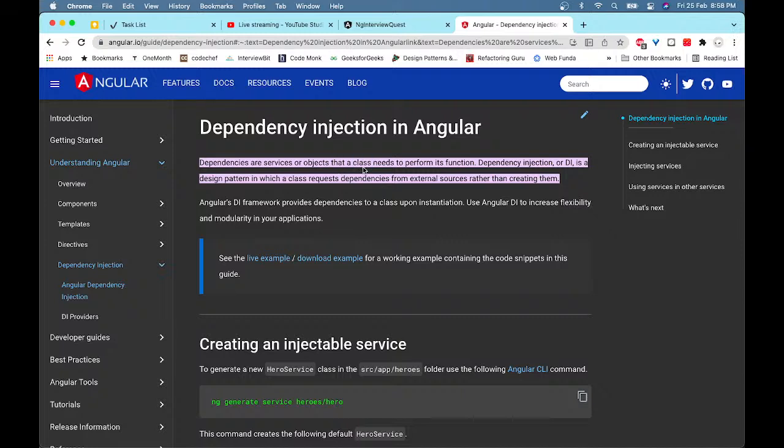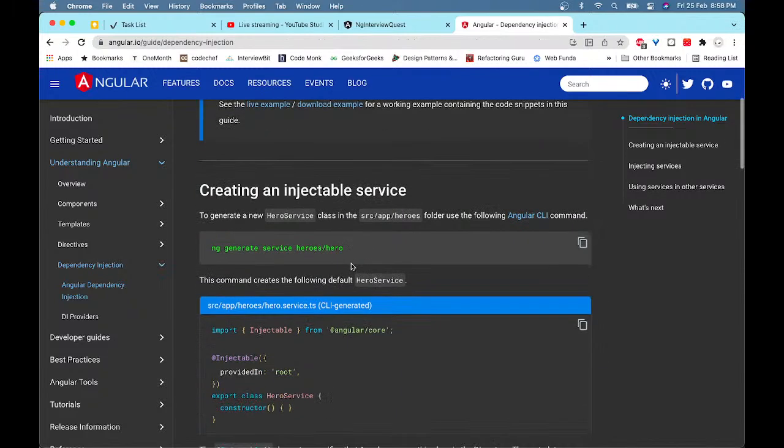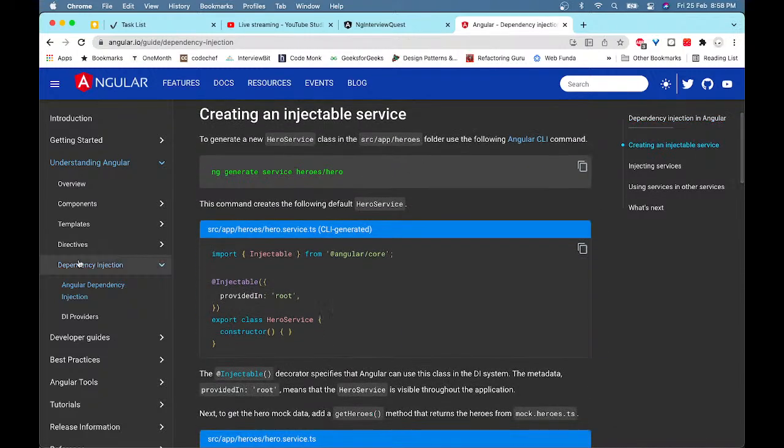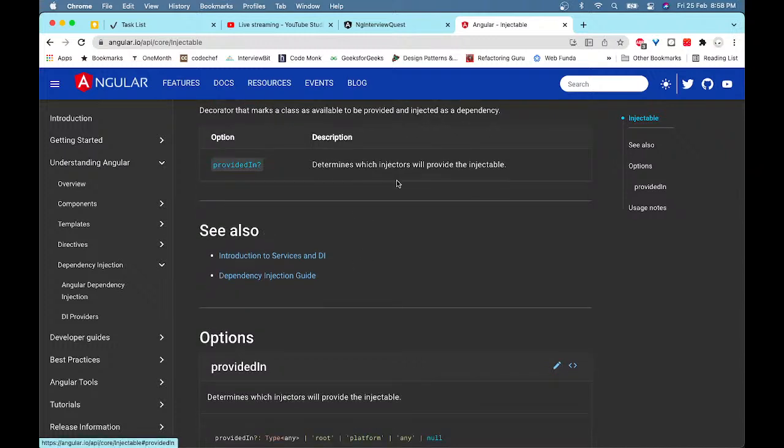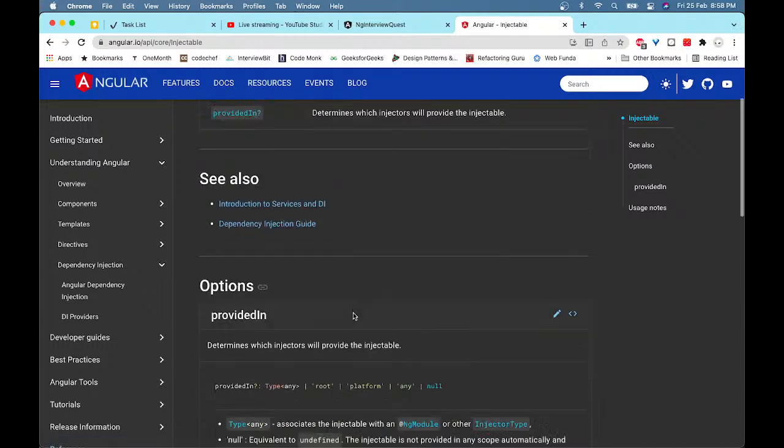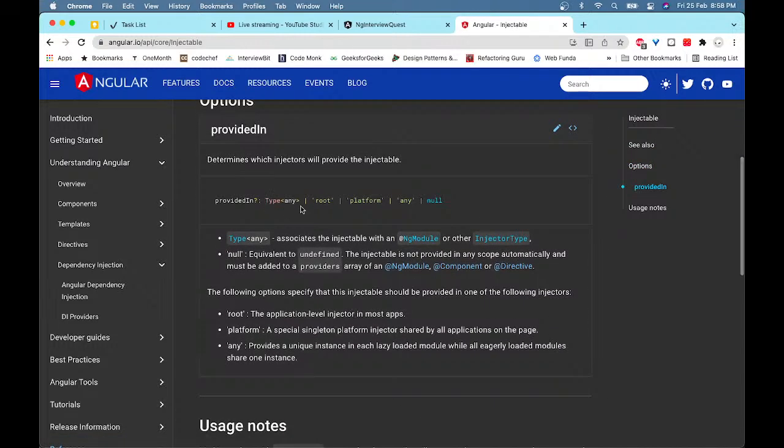Dependencies are services, etc. This injectable decorator marks a class as available to be provided and injected as a dependency. Good. So it has only one option, provided in, and it doesn't provide any other options to us like type, root, platform, any, null. Oh, okay. So providedIn